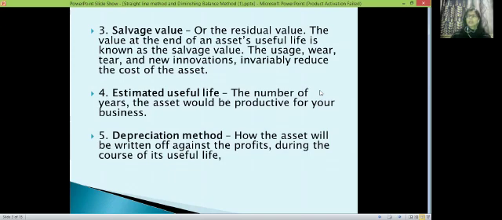For example, if you are going to purchase one asset, and the life period of that particular asset is 5 years, and you are going to sell it after a period of 5 years, in that case you are getting a return of 15,000. At the time of purchase you have to pay as the cost of that particular asset 50,000, and out of that you are getting 15,000 at the end of the 5 years. That will be the residual value of that particular asset which has a cost of rupees 50,000. Now next is